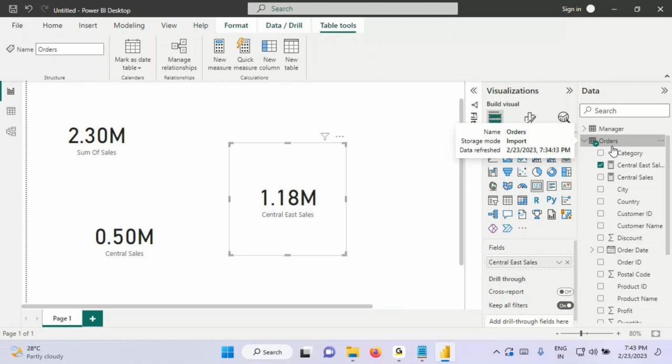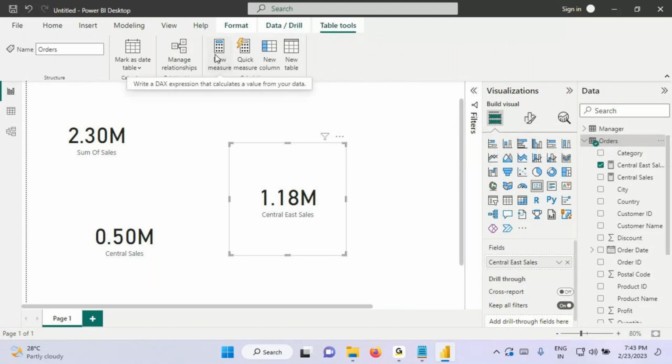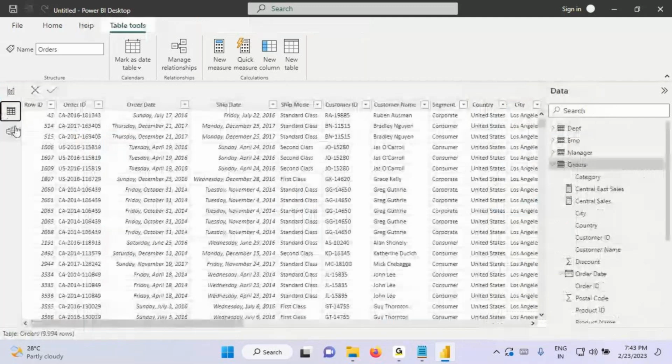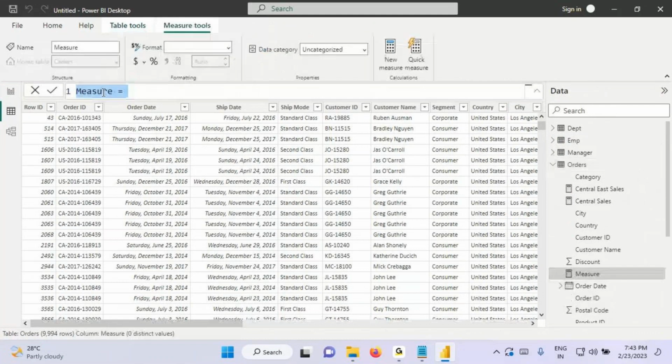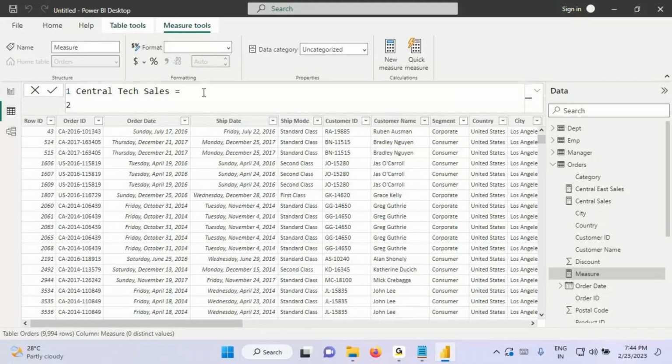Select this, go to the table tools, click on new measure. Or you can be in the data view, select the table, go to the table tools, click on new measure. Anything is fine. Right here, this time I want Central, category equal to Technology, sales. If you want to show central technology sales, I want to evaluate an expression by passing the